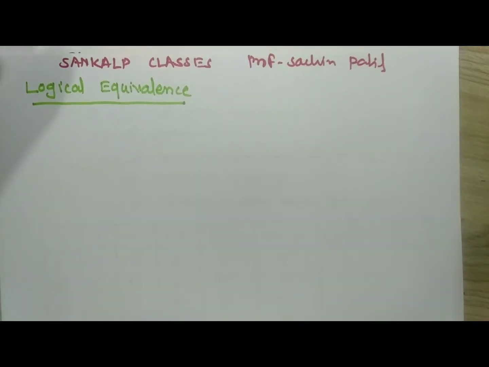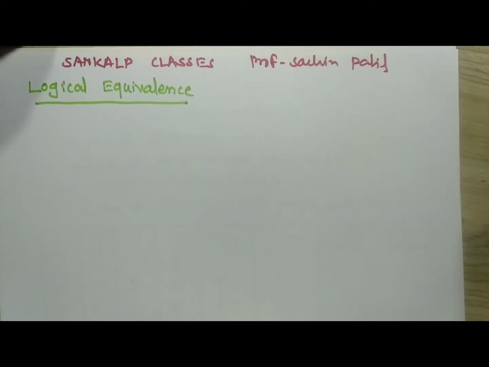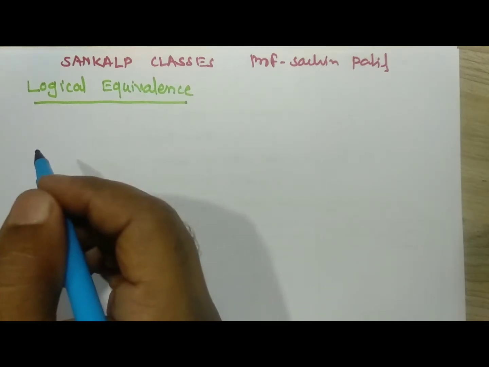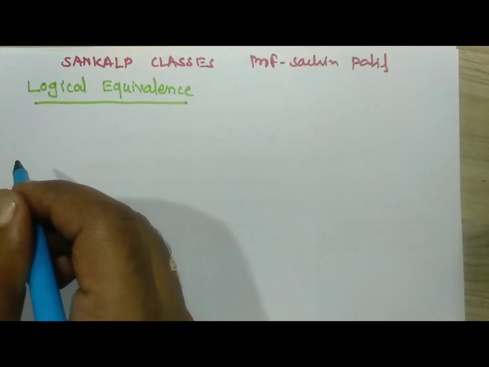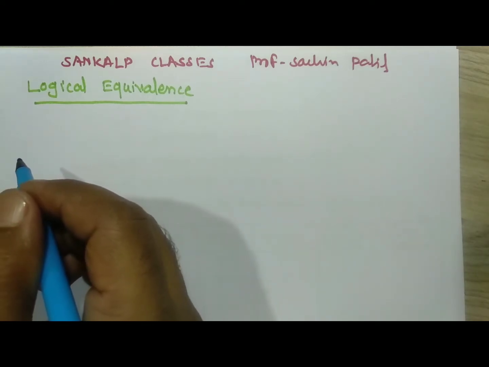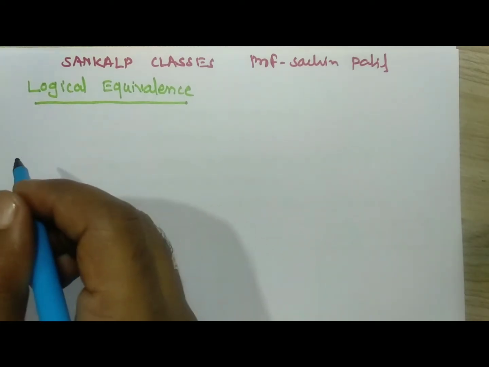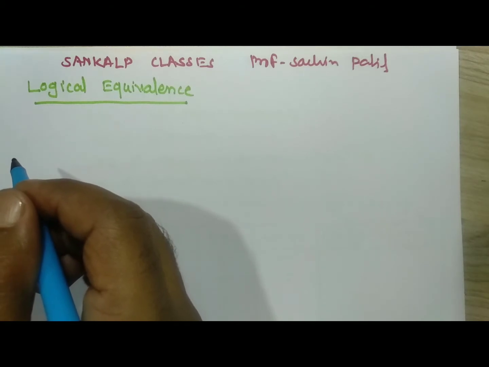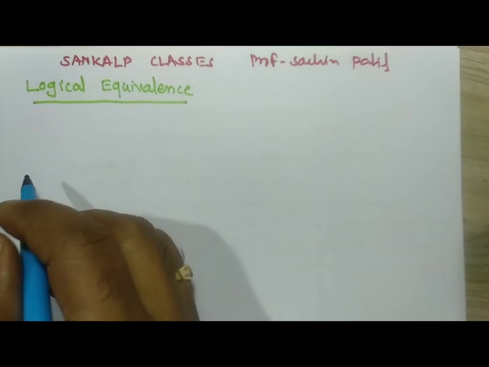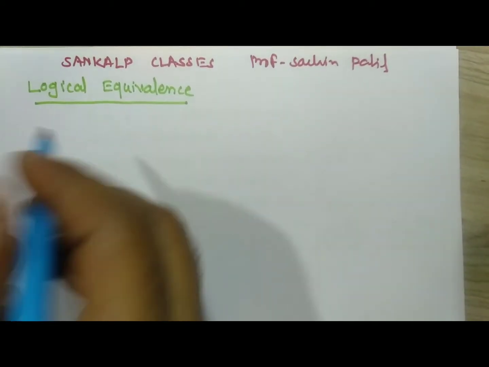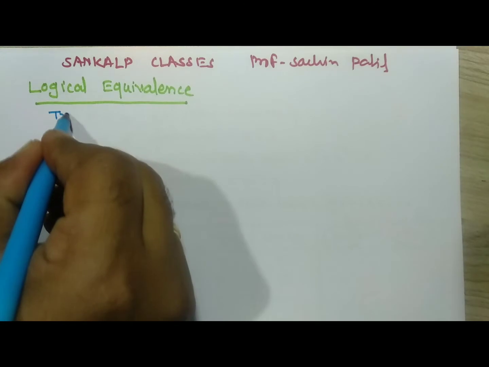Right now we are going with the logical equivalence. We know about the statement pattern. Statement pattern is nothing but a combination of logical connectives and statement letters, and from the statement pattern we get the truth table. In the truth table you will get the T and F related to that, and right now we are going with the logical equivalence. When do we get logical equivalence? Two statement patterns